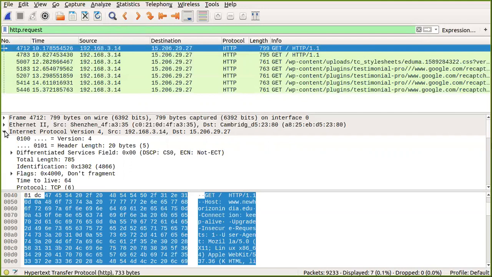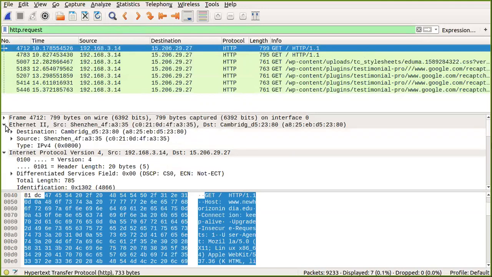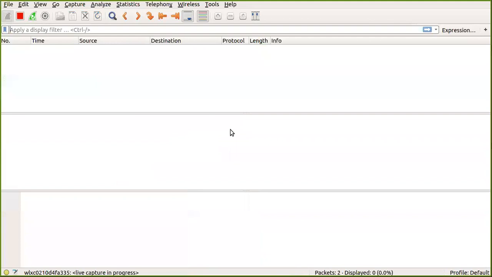And you can see the IP packet, the flag information, everything you can see. Now what I'm going to do is, this is when I actually reloaded the packet. So I'll just show you once again when you are actually running this particular program. When I run again, it asks you whether to save or not. I don't want to save it.